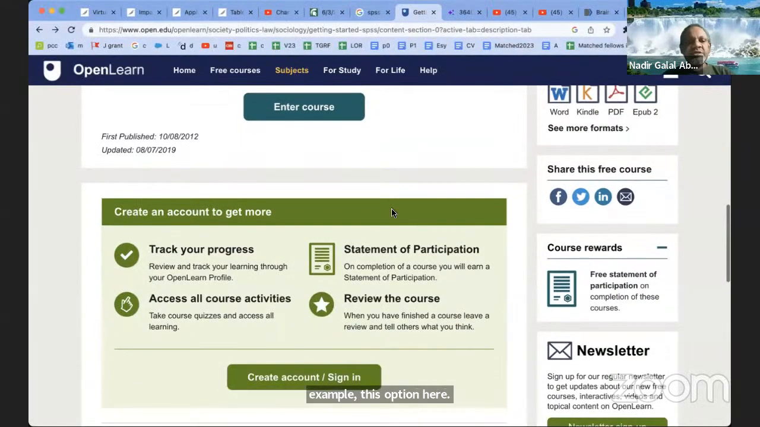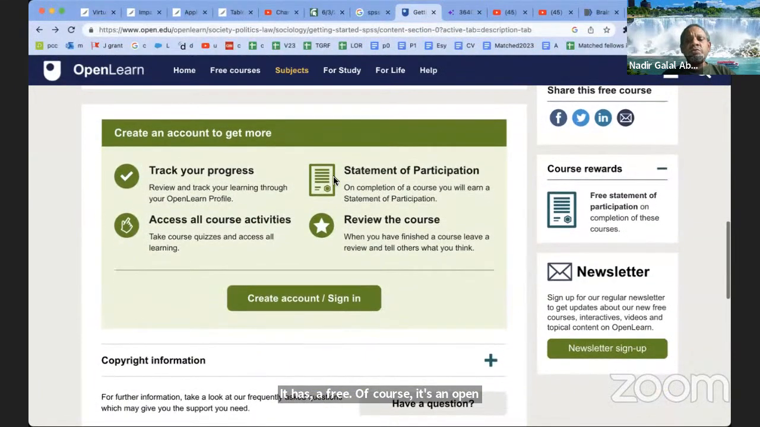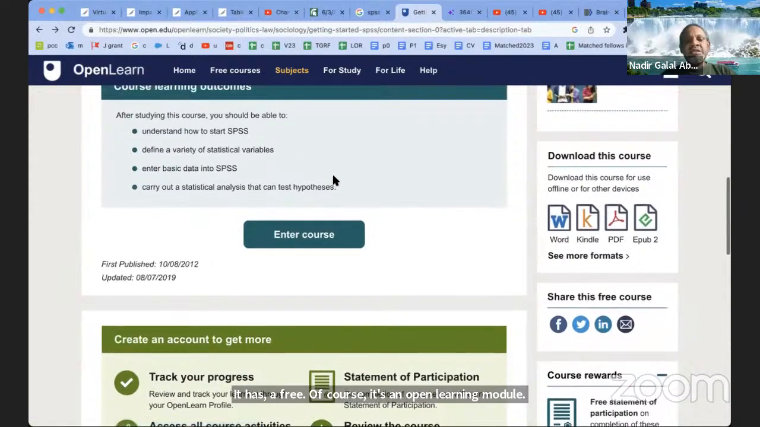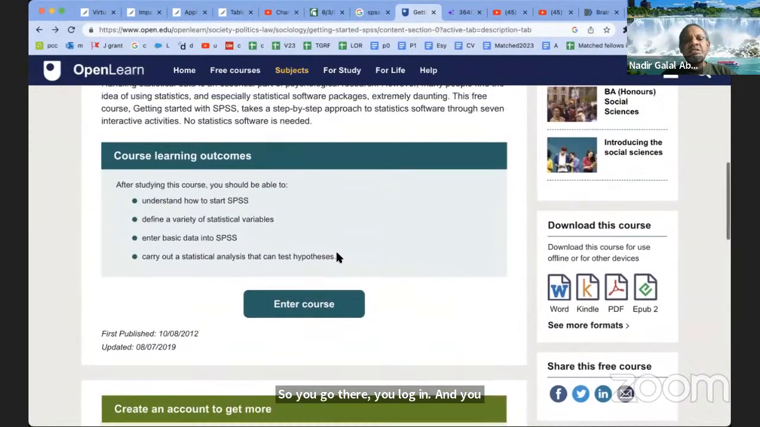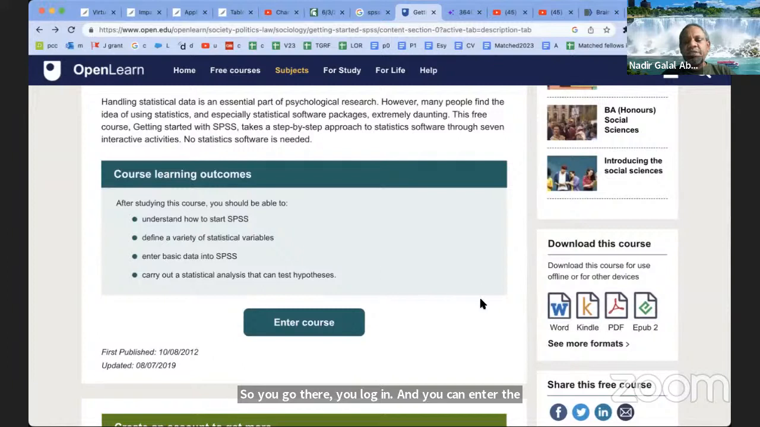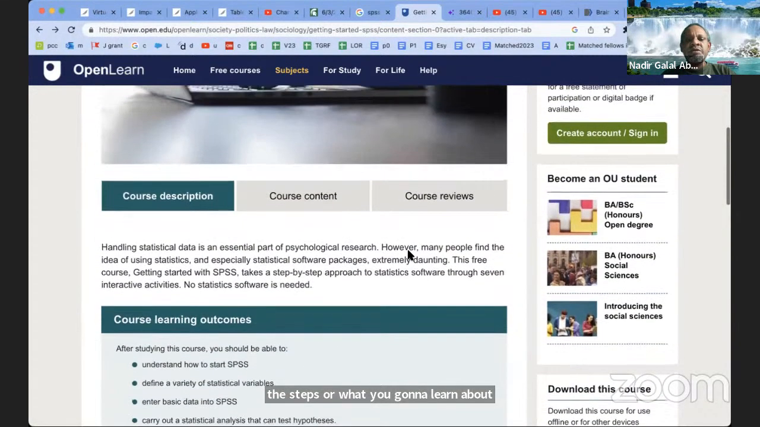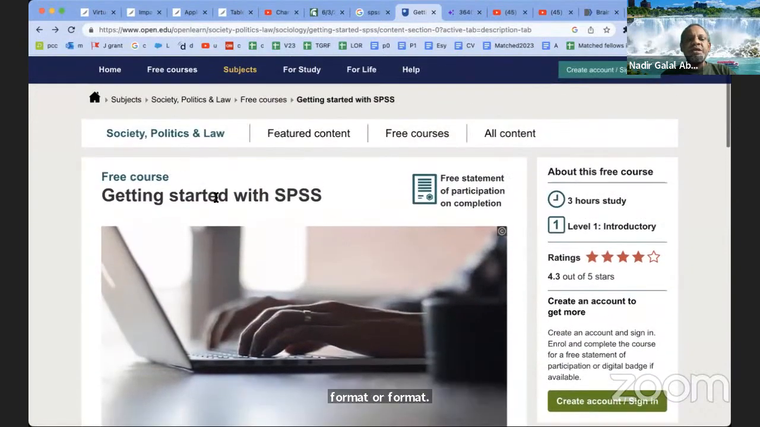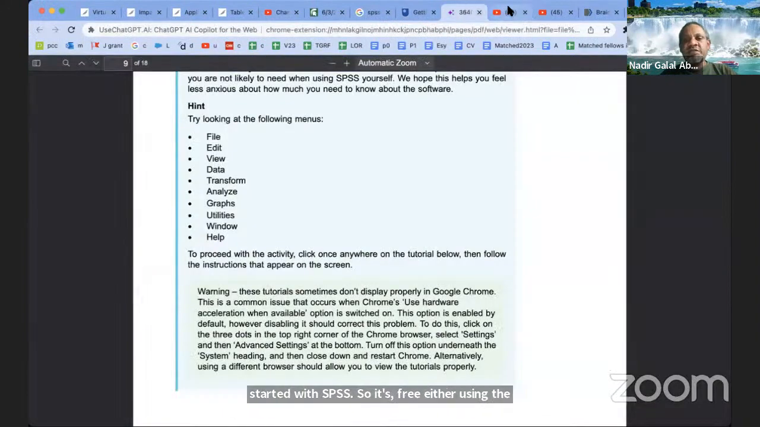it has a free course. It's an open learning module. So you go there, you log in, and you can enter the course. It's free, and it's small pieces. You can download the steps or what you're going to learn about that in PDF format or Word format. So this is another way of doing it, like getting started with SPSS. So it's free, either using the tutorial from YouTube,